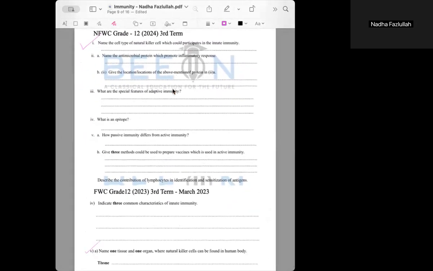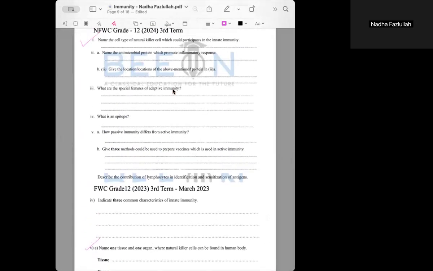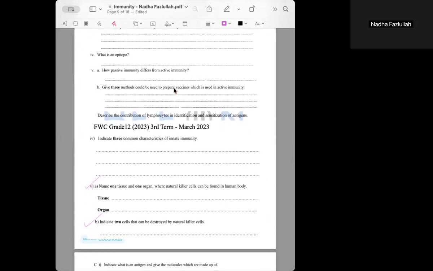Then come down. In the same page, you have 2023 third term. The last two questions. I mean, the fifth question you can see here. Fifth question, A and B. It's about tissue and organ of natural killer cell, and it's about the two cells which can be destroyed by natural killer cells. So I want you all to do this now with the timing, because